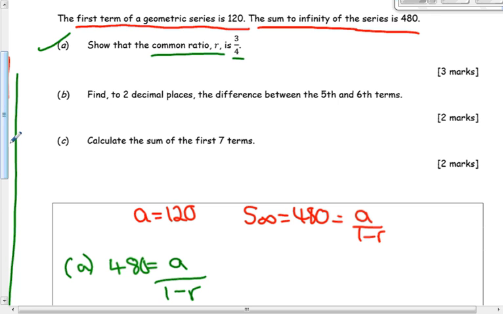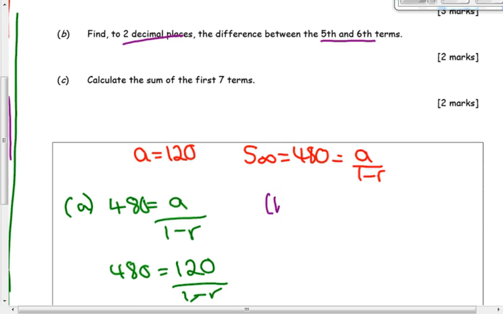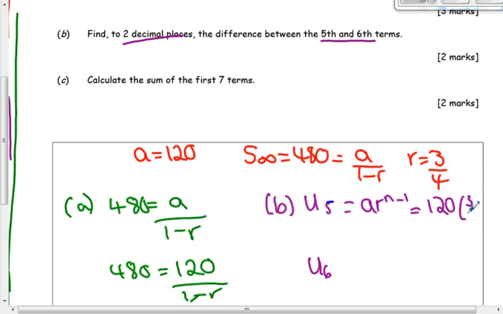Moving on to part B, we need to find, to 2 decimal places, the difference between the 5th and the 6th term. So for part B, we're trying to find U5 and U6. Now I know that A equals 120, but I also know that R equals 3 over 4. Un is found by doing A times R to the power of n minus 1, which in this case is 120 times 3 over 4 to the power of 4,